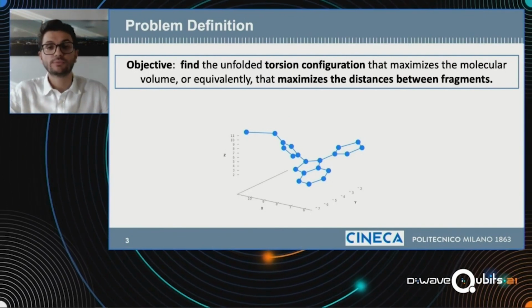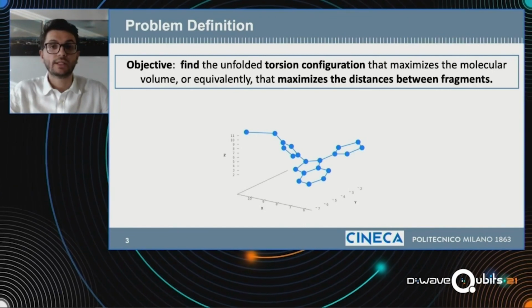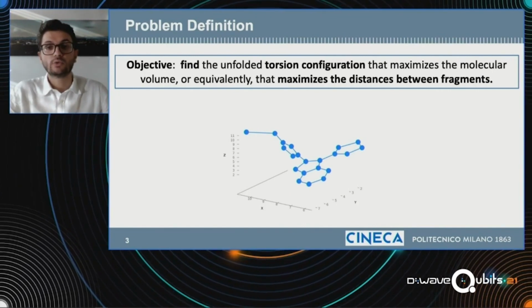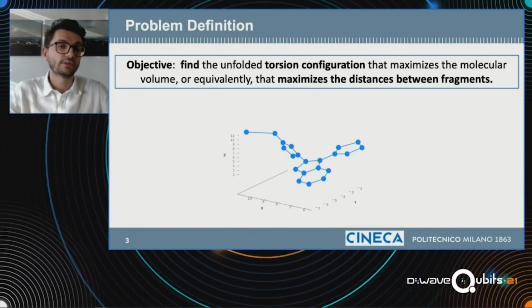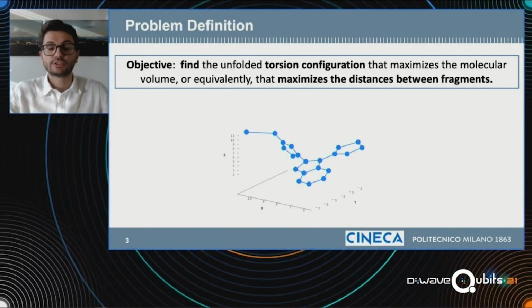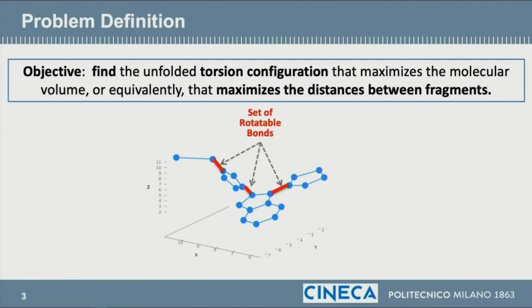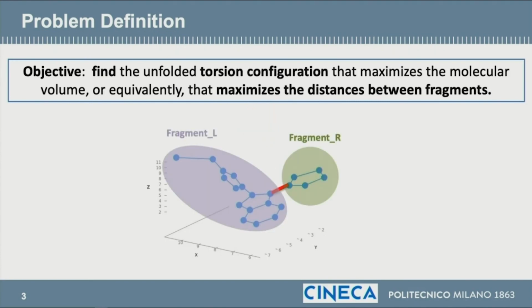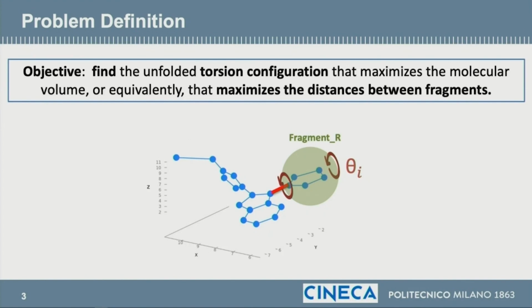Okay, so let's start with an interpretation of the molecule. That is a flexible set of atoms connected by edges or bonds at a fixed length, where two consecutive bonds are set at a predetermined angle. A subset of these bonds is called rotatable bonds, that when virtually removed, define two non-empty disjointed fragments of the molecule. Each fragment can rotate by a discrete angle, and we assign a variable theta i to this angle. And the set of the assignments of these variables theta i will be called the conformation of the molecule.